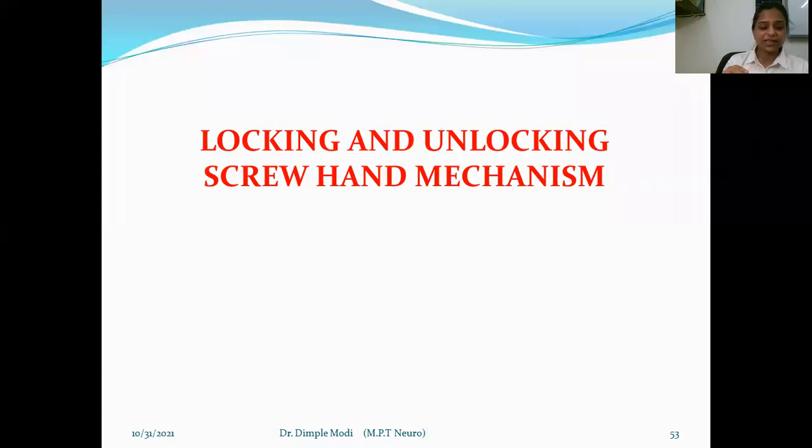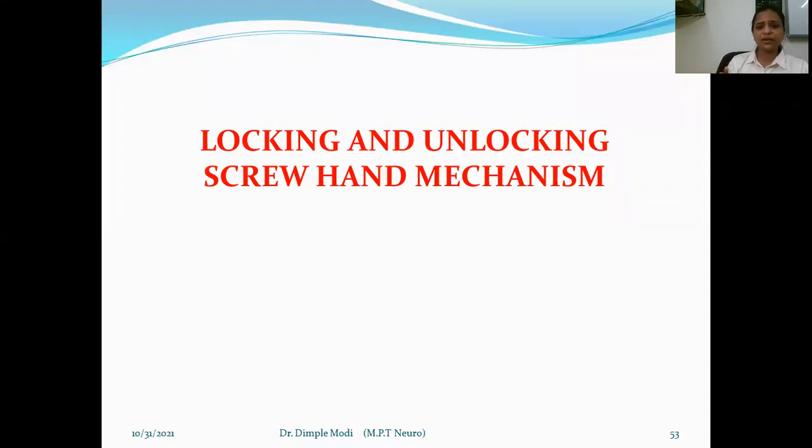So flexion is considered to be coupled with the varus motion, and extension is coupled with the valgus motion. Both movements occur simultaneously with a single motion, so these are called coupled movements. When there is flexion, it's coupled with varus motion. When there is extension, it is coupled with valgus motion. These two movements, when they occur simultaneously, are called coupled movements.